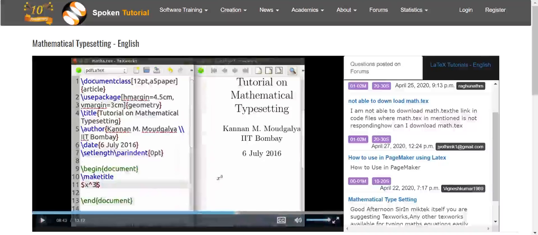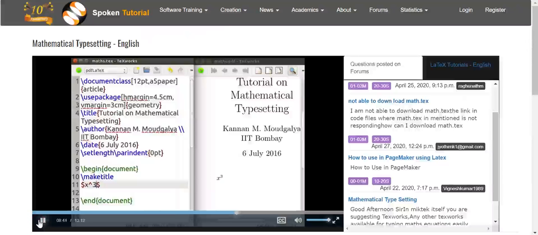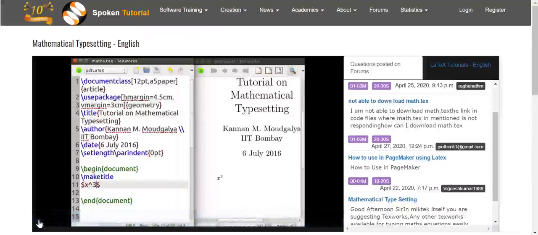We can also put subscripts and superscripts simultaneously.